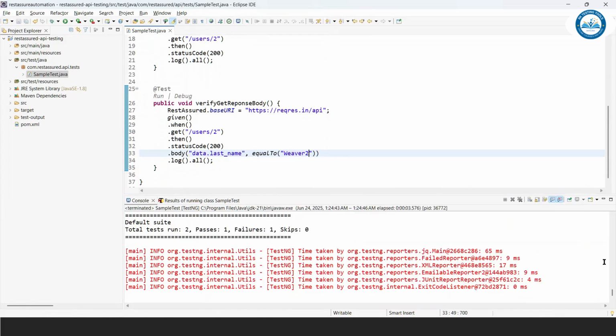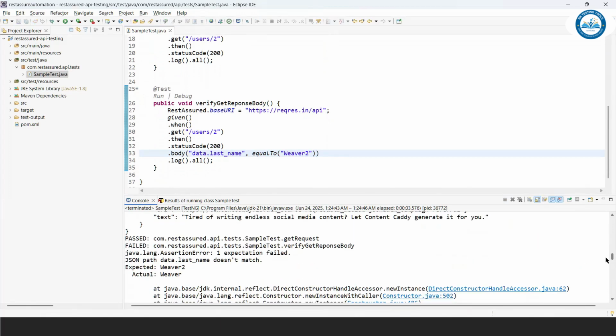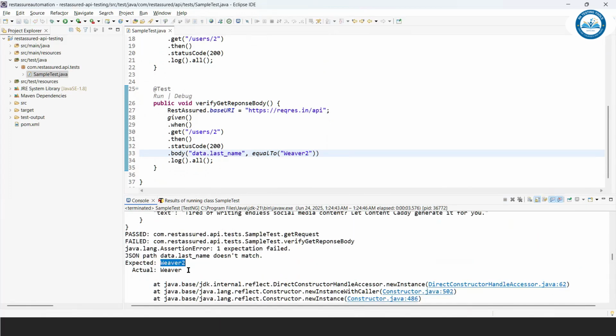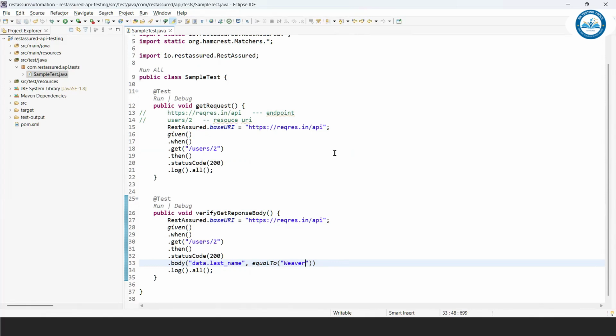So one test will fail because of the assertion failed. You see that data expected Weaver 2, but Weaver 1 is found. That's why it is getting failed. So now you understand, right? So how to validate the response body from your REST